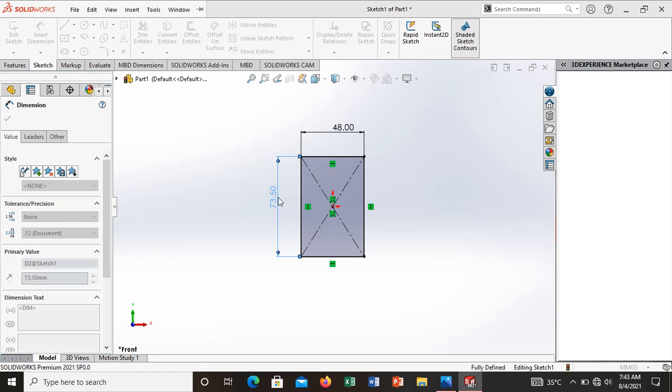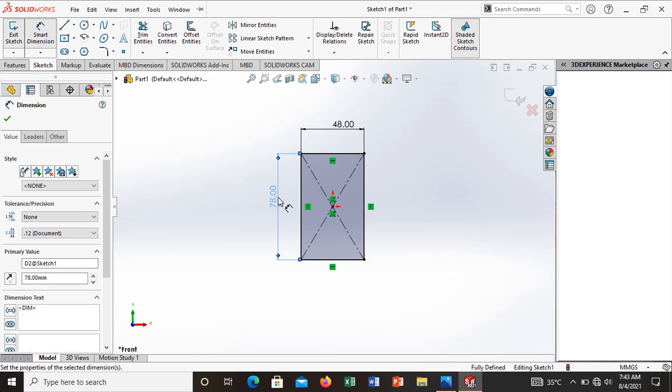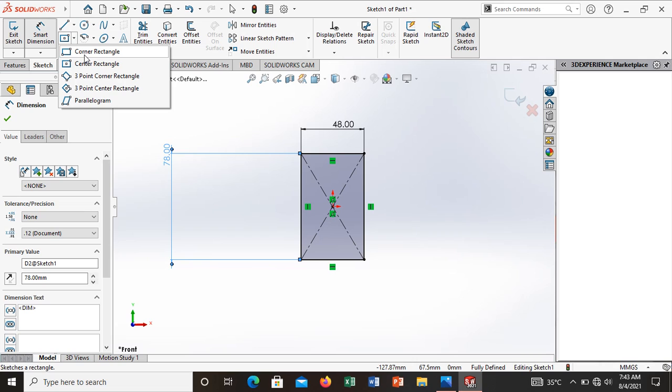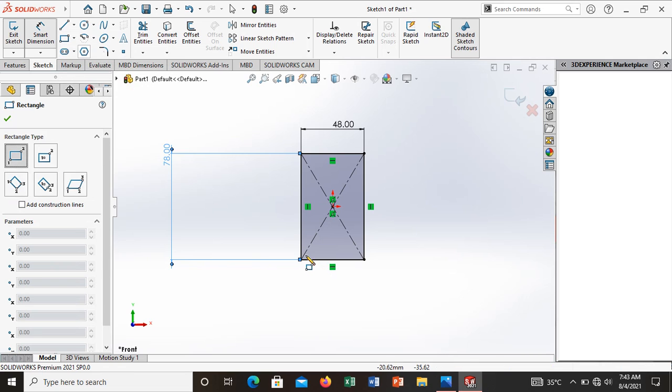We can give it like this, 78, and then go to another corner rectangle, snap slightly to this point, and draw one rectangle like this.